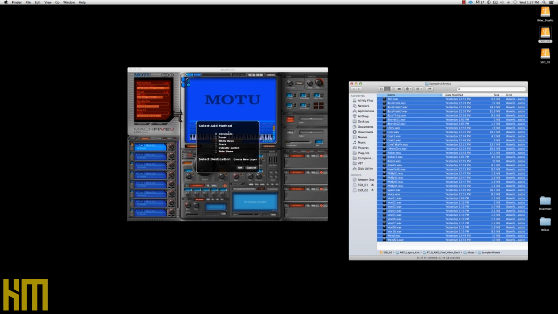As soon as I let go of that button, it asks me, how do I want to add those keys? You know, do you want them on every white key or do you want them on chromatic? I always just select chromatic so that it's like every note. Boom. So now, if I reach up to this keyboard,